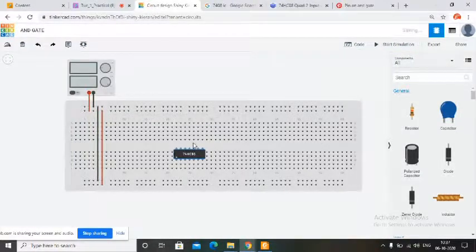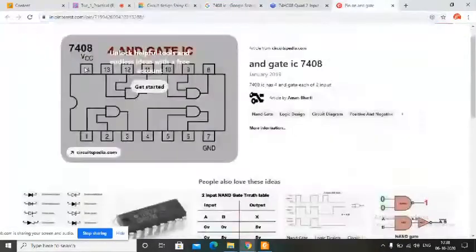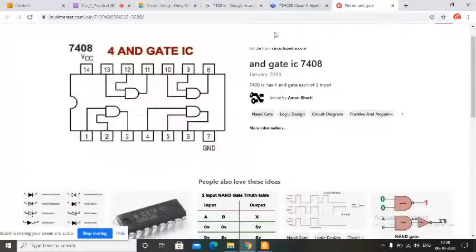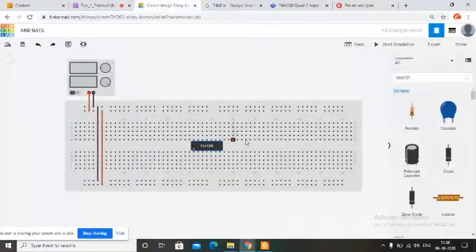You have to connect it in between rows E and F, something like this, right? Because the dots in E and F are not interconnected, so the IC will not get shorted. Otherwise, the opposite pins of that IC will get shorted. Like pin number 1 and 14 are on opposite sides, they will get shorted, and 2 and 13 will short, right? We don't want to short them, so we will place it like this. Now is the concept clear why we place it like this?